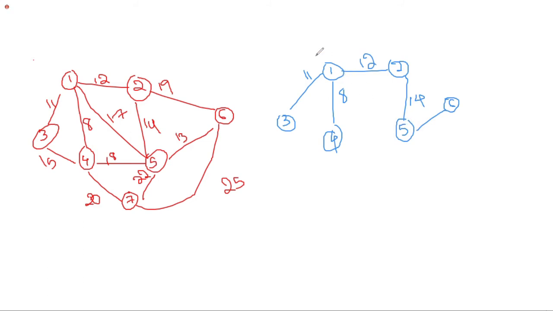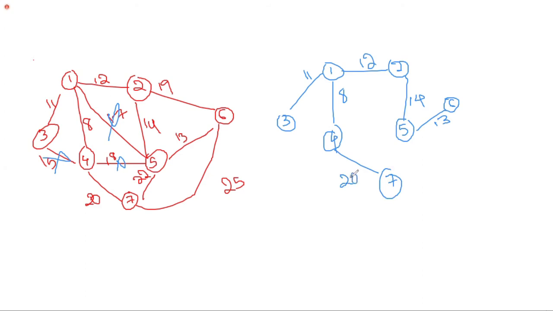If I draw it, it will create a closed circuit. So I'm not considering this particular edge. Next 18. If I draw 18 also, this one will create a loop. 3 to 4. If I draw this, it will also create a problem. Next, this is 13, right? I did not write. Okay, next is 4 to 7, which means it is 20.